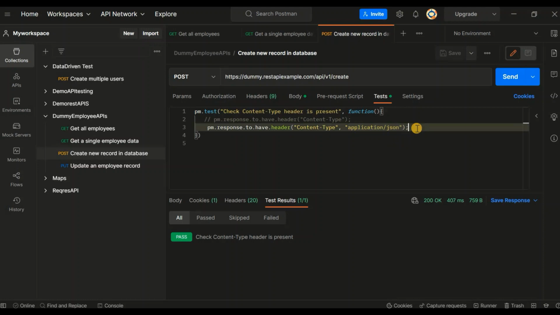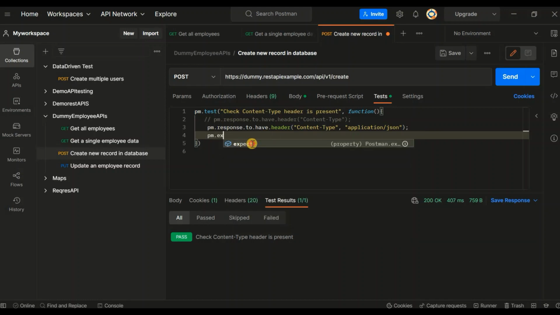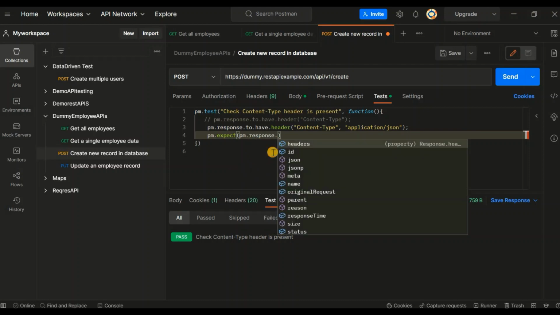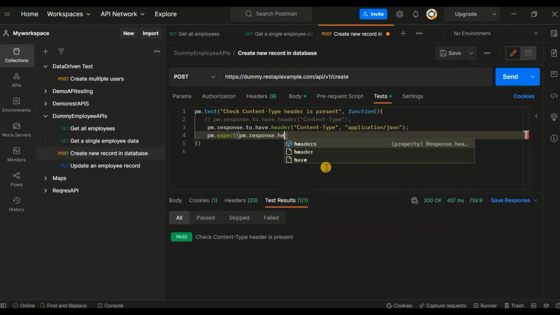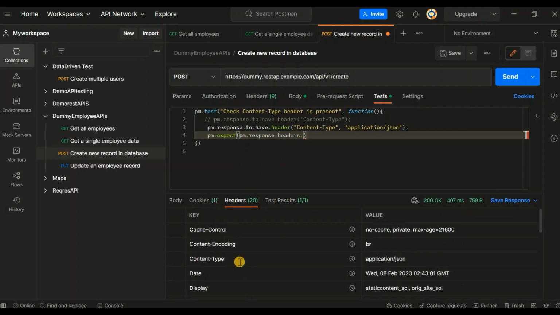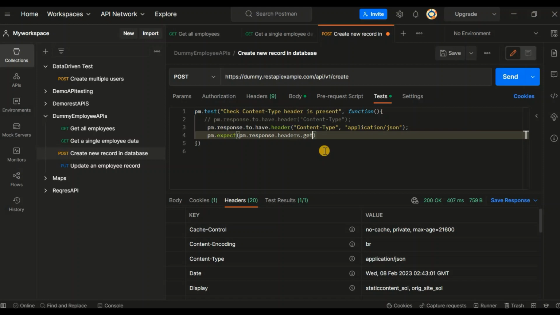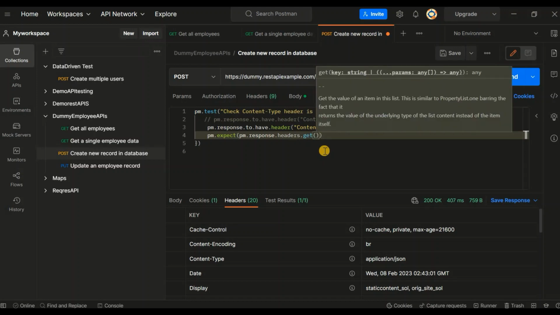Okay, you can write this way, or you can write even using the expect key. So using expect, we'll say expect. When you use the expect, you have to refer to a specific area in your response, right? So what we're saying, pm dot response, and dot, we have to say headers. In this case we have to say headers. From the headers, what we're looking for, we can call a get method, content type, right? In headers there are a lot of other chaining methods over here. There is a method called get. The get method can get any key. So this is the key,